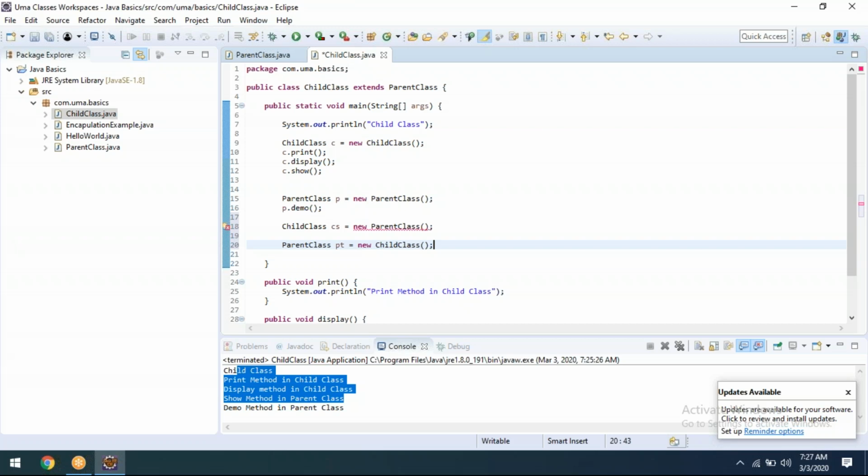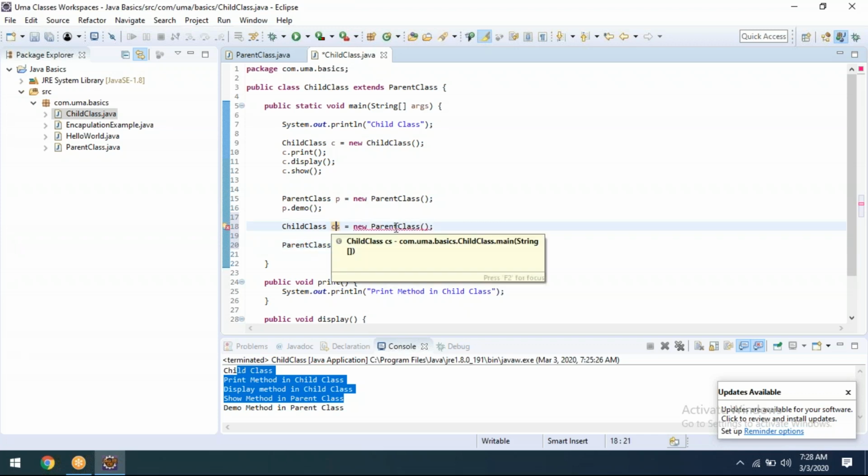Likewise, just listen there. WebDriver is an interface and the remaining things are classes. Chrome driver, Firefox driver, that is a different story; I will tell you. But this is how the point will arise. Now see what is the difference between these two lines: we are trying to create a parent class object by using a child class.